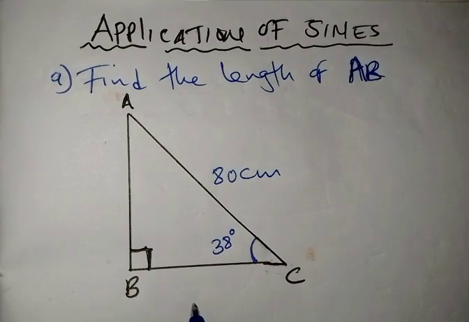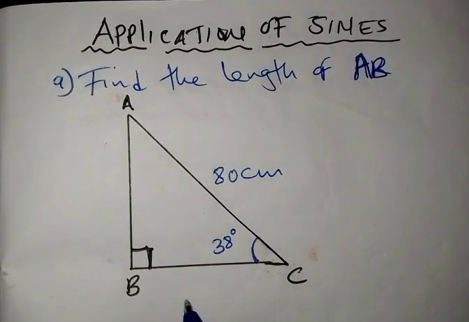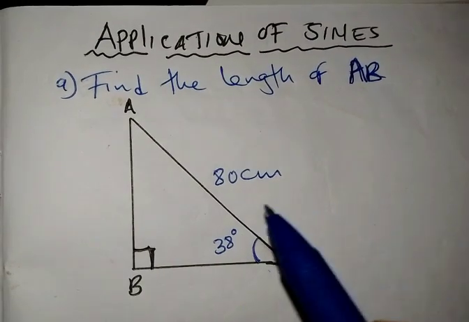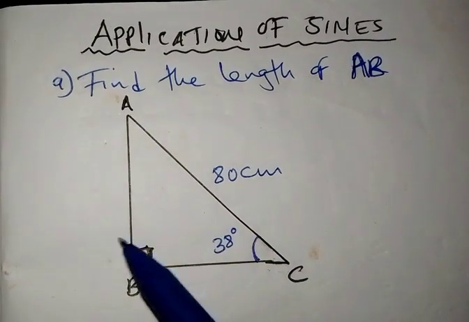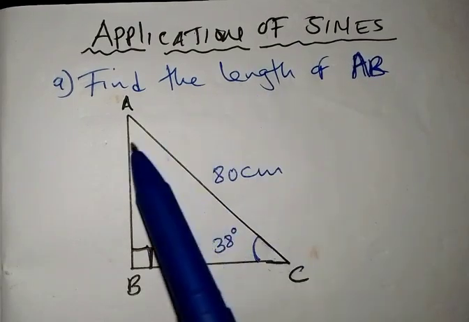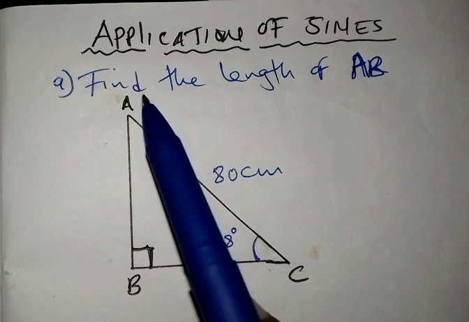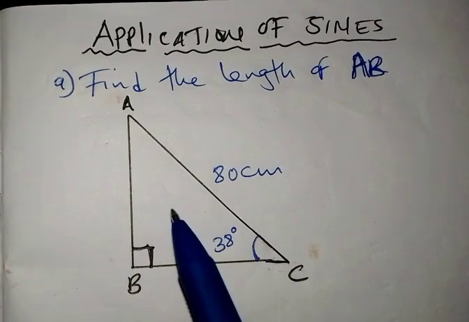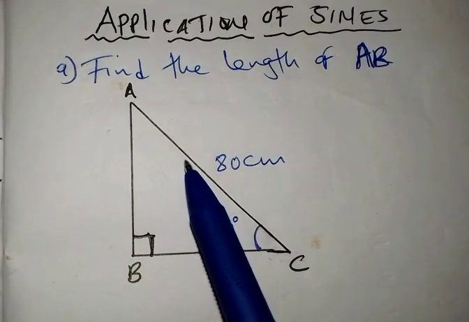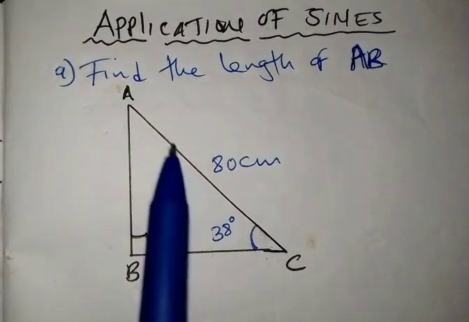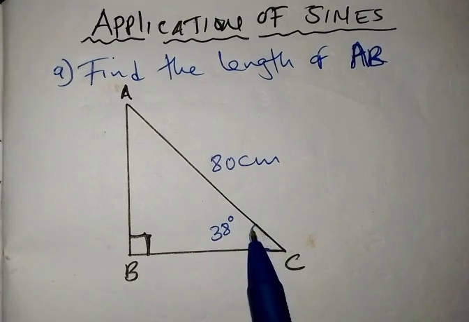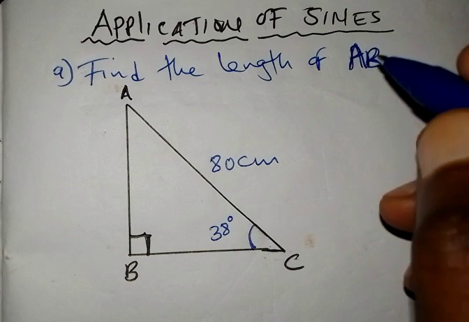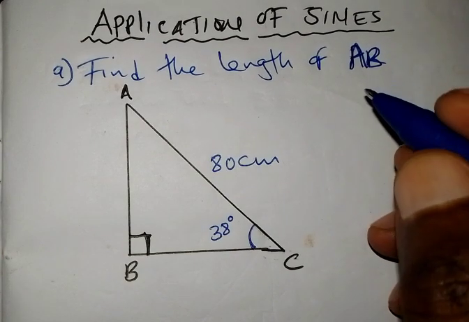In this video, I want us to learn about trigonometry. If you look at the question that we have here, we are told to find the length of line or side AB. Whatever we have been given on this question is the measurement for AC and the angle at C. So before we look at what we are required to do,